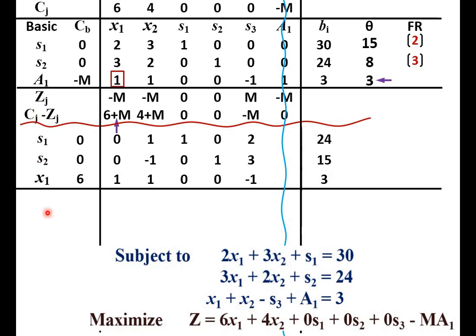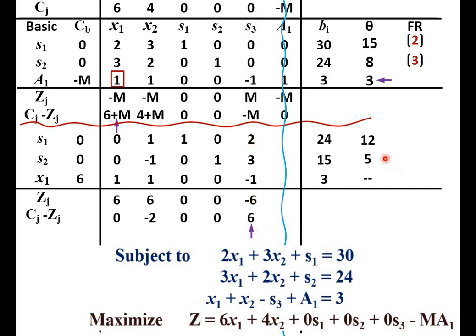Now find Zj and then followed by Cj minus Zj. So if I want to write over here Zj, then it will be 0 into 0 plus 0 into 0 plus 6 into 1, and so that you can find the remaining values. Now next Cj minus Zj. Similarly you can find the remaining values. Now once again you have to repeat the step. Here it is maximization, so select the maximum positive value from the Cj minus Zj row, and so that it will be considered as your key column.